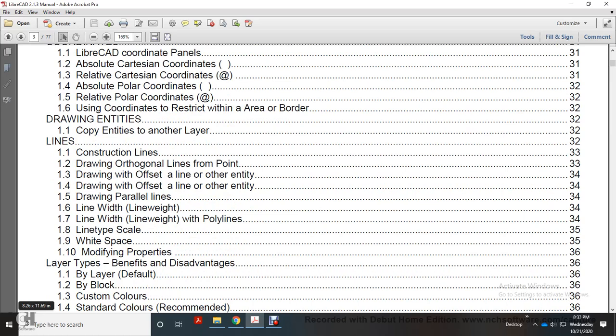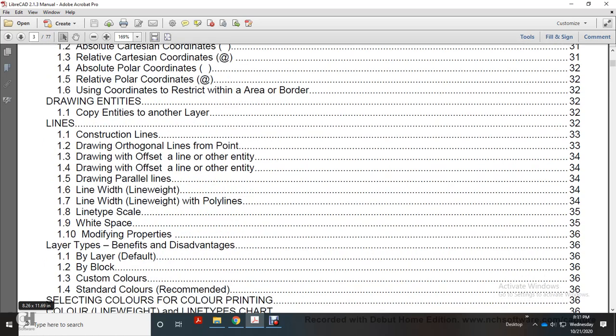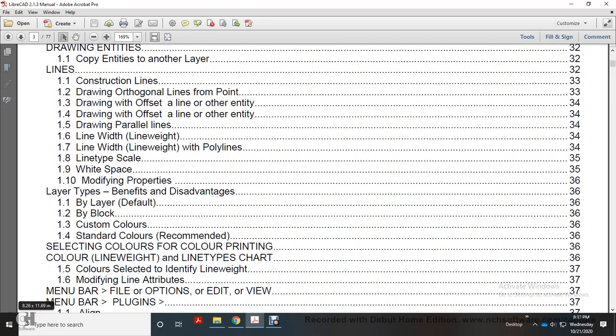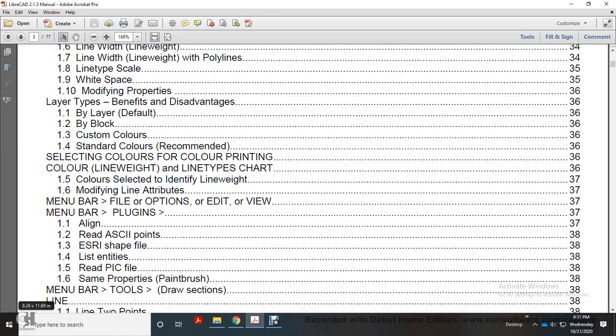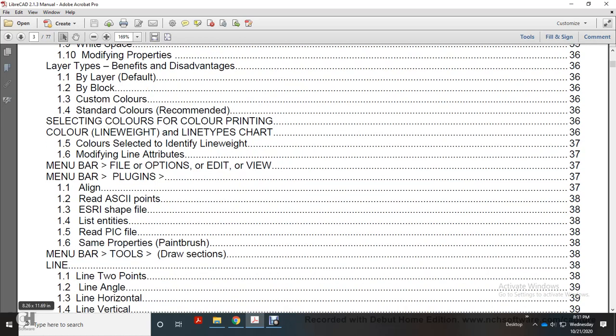line type scale, white space, modifying properties, layer types, benefit, disadvantages, by layer, default, by block, custom colors, standard color, recommended. Selecting colors for color printing, color, line, weight, line types, chapters, colors selectively identifying weight, modifying line attributes, menu bar file options, edit view, menu bar plugins, aligning, read Apache software, ASE 2 points, ESR shapefile, listing and either replace PIC file, same properties, paintbrush, menu bar, tools, draw, section, line 2 points, line angle,